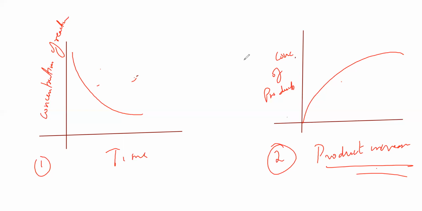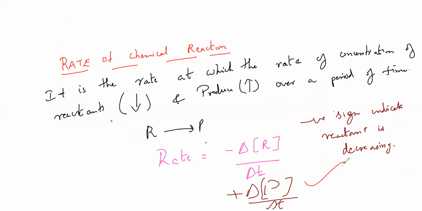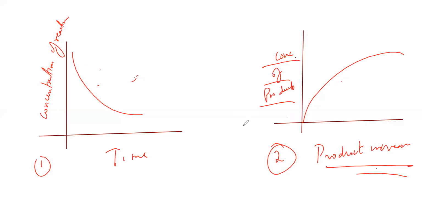So only now are we actually understanding the exponential graph, due to the corona. Correct? Production is increasing. That's it. The second graph is nothing but the concentration of products. I told you product is plus, right? Reactant is minus. Minus meaning decreasing. That's all. The one down is time. All are with respect to time.